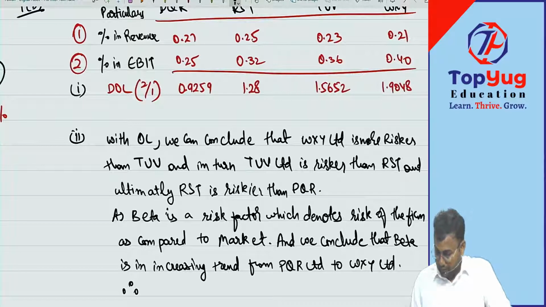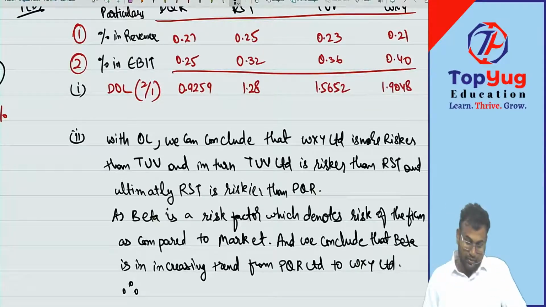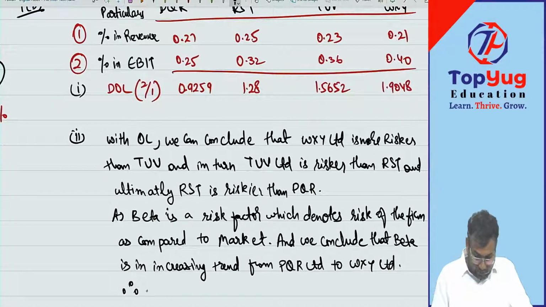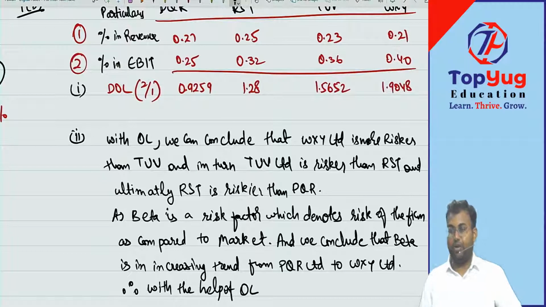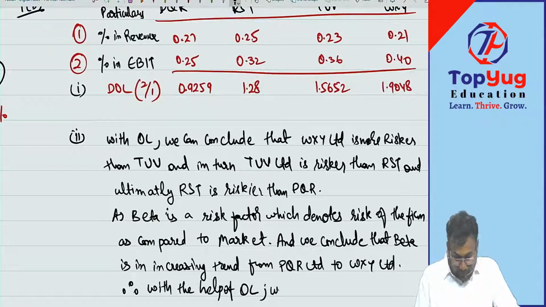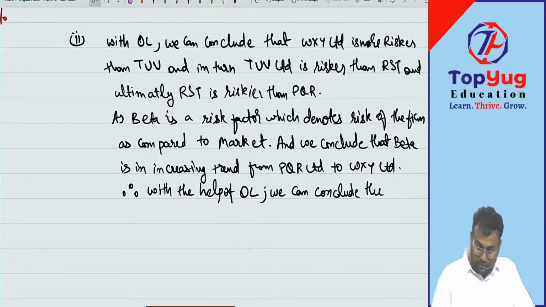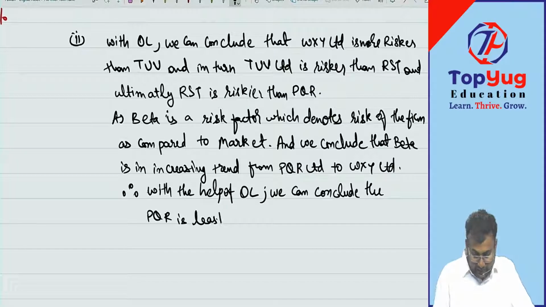Therefore, with the help of operating leverage, OL in short form, we can conclude that PQR is the least risky than all other firms,